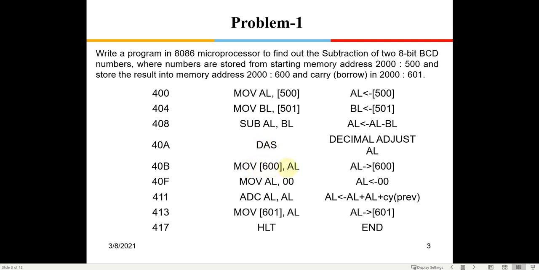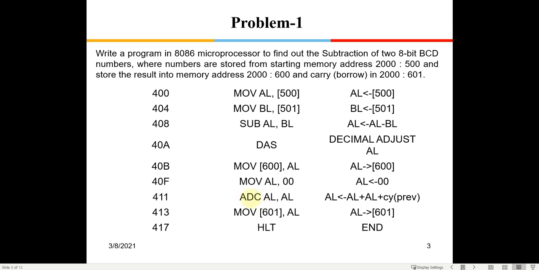And then we move the result, that is the difference, to AL. Now we clear the AL register by moving 00 into it through a move command. Since these are move operations, whatever the carry flag was during the last arithmetic operation gets preserved here; the carry doesn't get affected. This is the subtraction operation which was done, so the borrow would be saved in the carry flag.